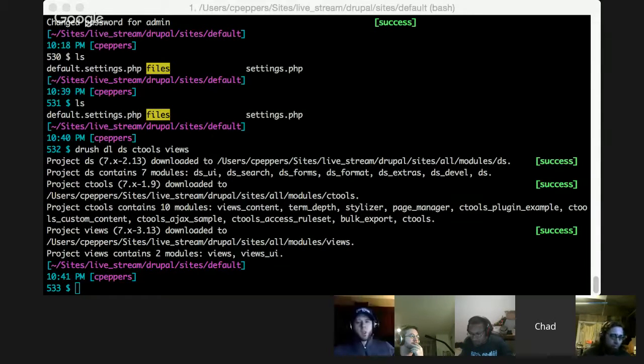And so you can tell Drush to download a specific version as well if you need to for whatever reason. Maybe you want to try a new feature that's on the dev branch or something like that, or they've made a breaking change, and for compatibility reasons, you want to have an earlier version.